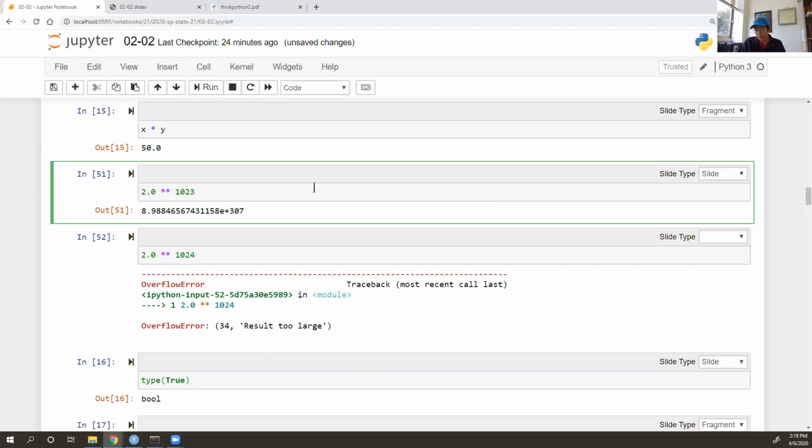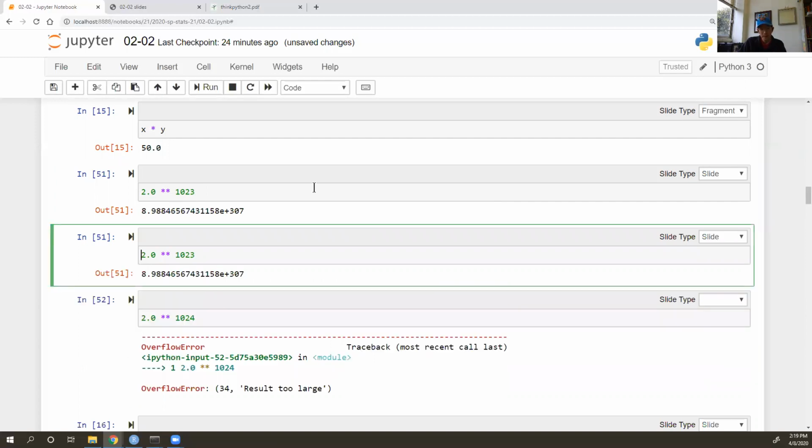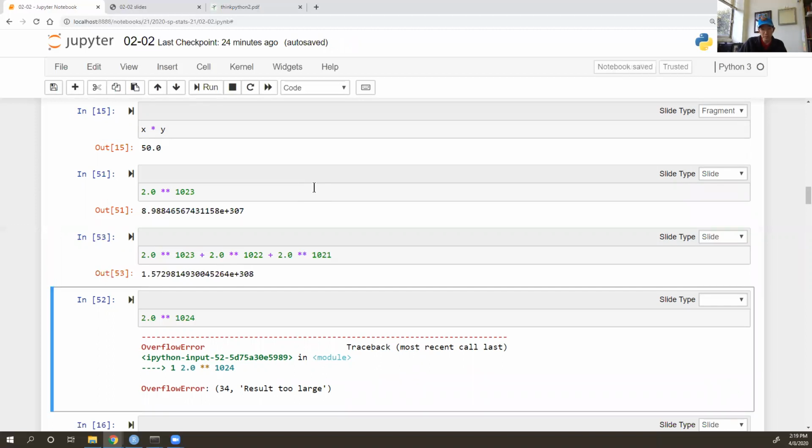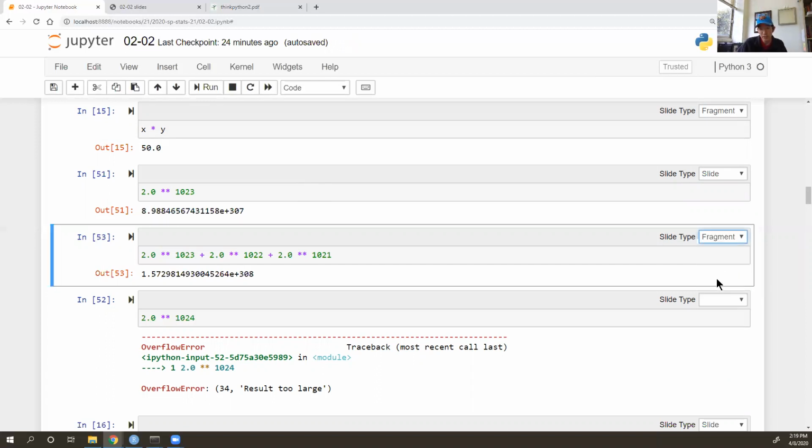And you can do 2.0 to the 1023 plus 2.0 to the 1022 plus 2.0 to the 1021, and you're going to get quite a big number. But if you try to do 2.0 to the 1024, you're going to get